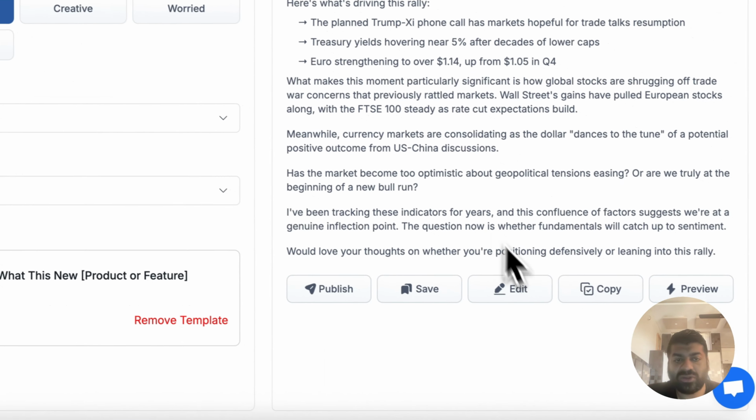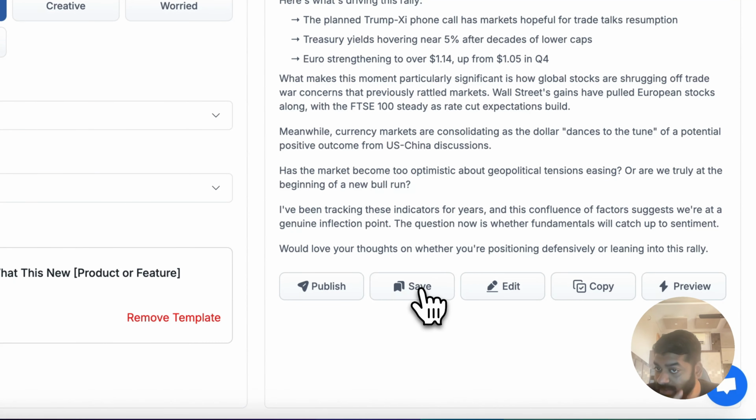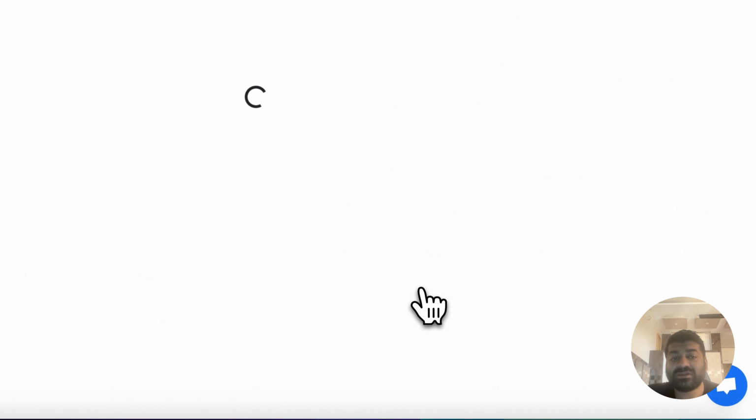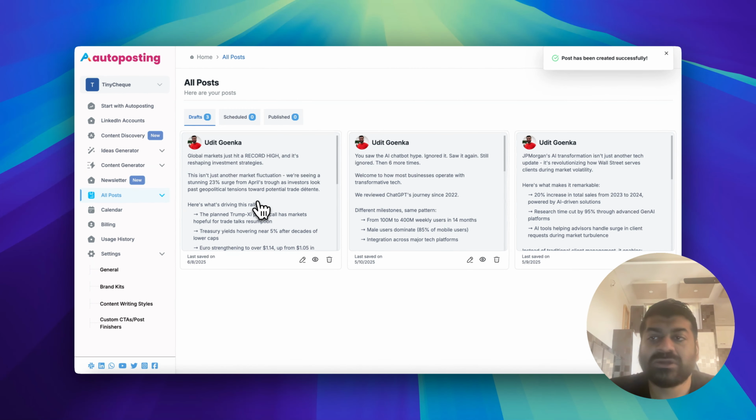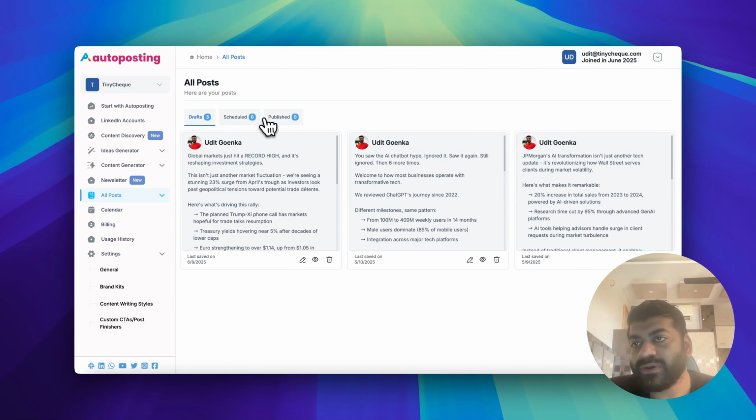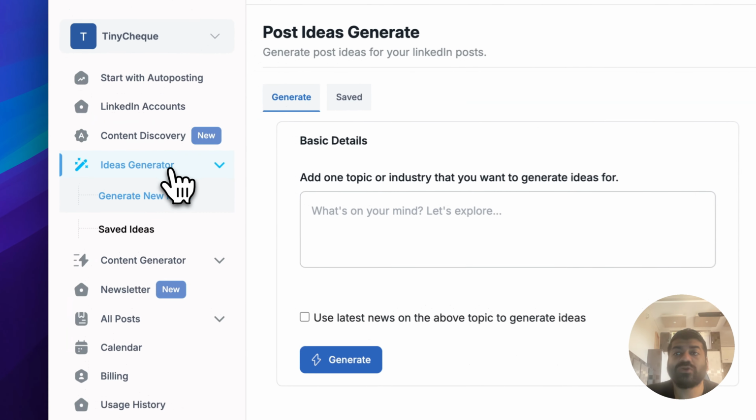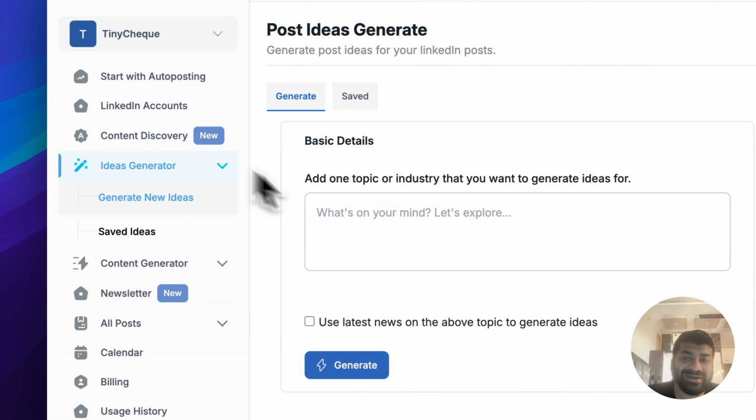Once this is done, you come in, and again, if you don't want to publish it right now, just hit the save button, right? And your content is now saved, right? So again, brilliant options. This is exactly how you create those pieces of content over here, right? So you constantly have that. But if you don't want content discovery and you want to write something of your own, then you can also